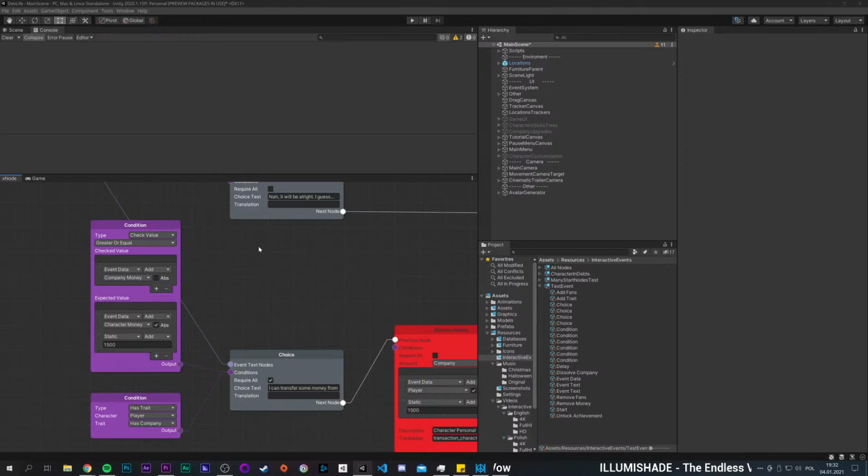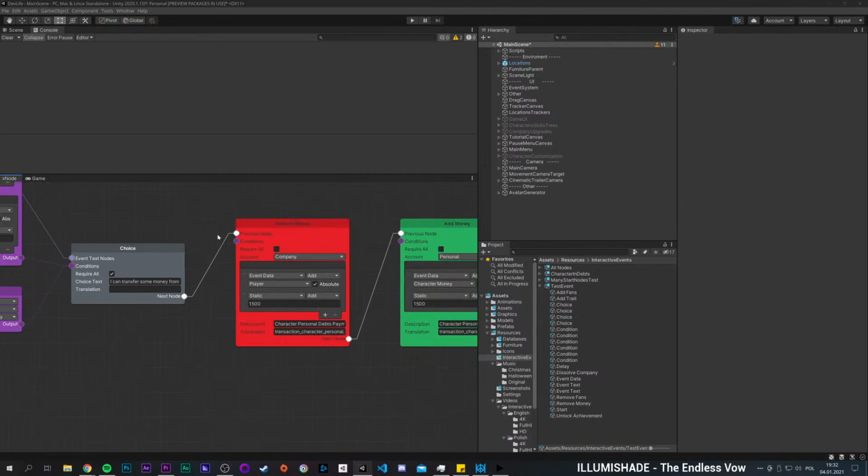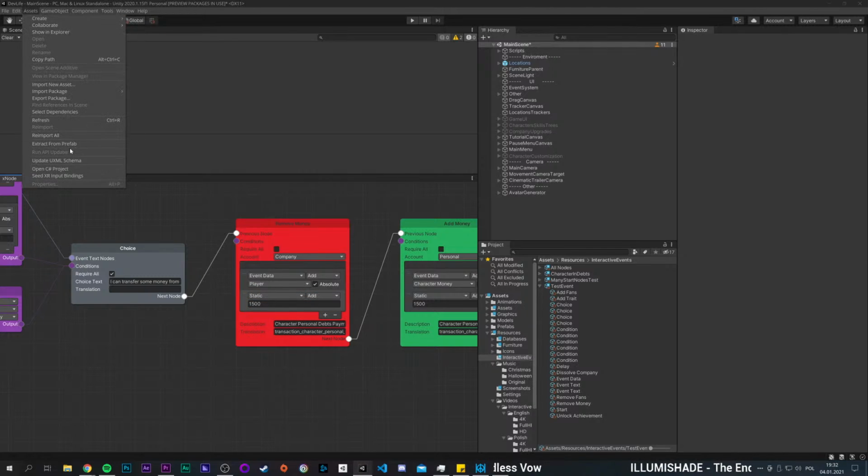So this works on the reorderable lists from the Unity editor, and as you can see, there are three options for now, and probably that will stay. So we have static, we have random, and we have event data, and you can subtract, multiply, divide, and of course add. So that's how it looks here, and I will now